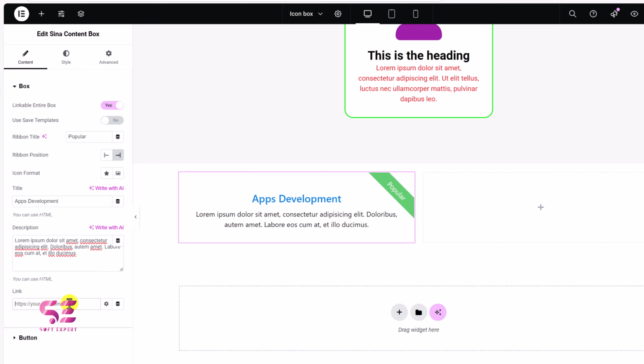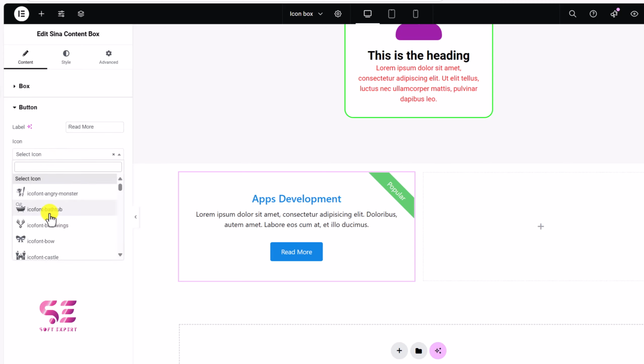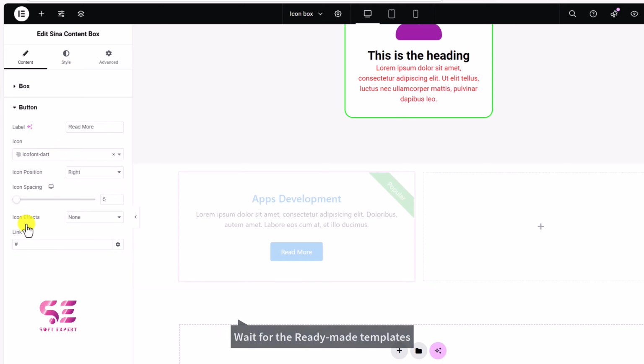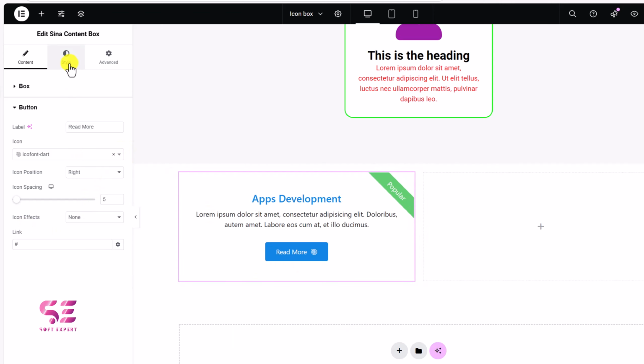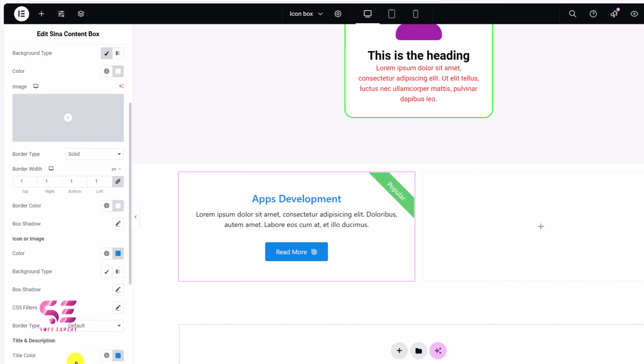then you can give it a link, okay? Then you can go to button. You can enable a button here. So I'll call this read more. You can also add an icon to this button. Let's try using this one. Okay. And then you can go to style and then you can change the styling of the box, title, description,